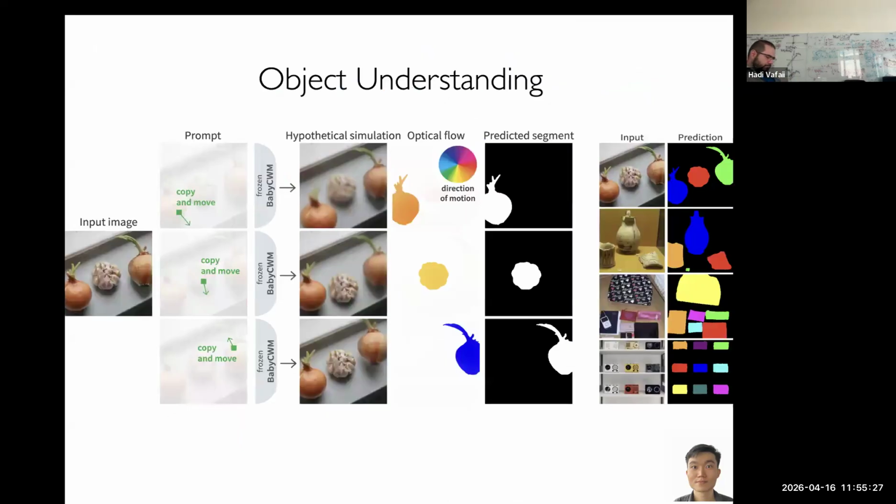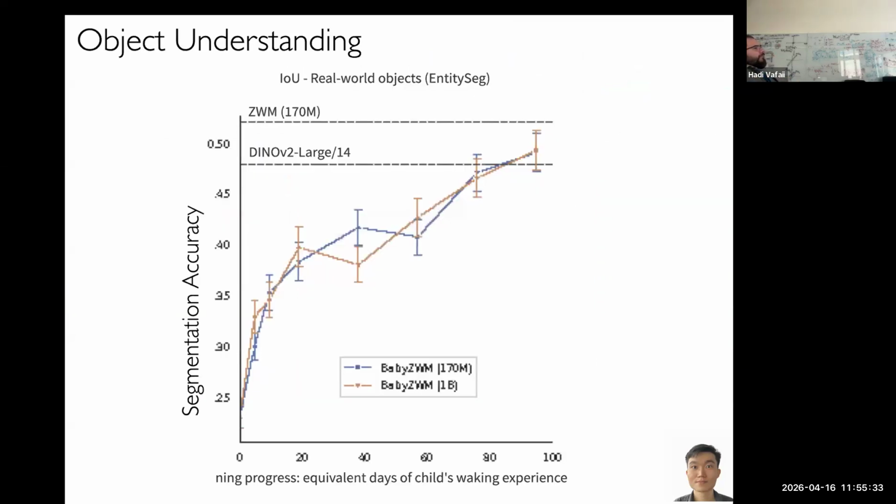And then some of the same thing is true for object understanding. By object understanding, what I mean is basically just object boundary detection. Now it's slower. This is a harder problem for the model to learn than the very basic depth detection thing that I showed you a minute ago. But it does get there very well.